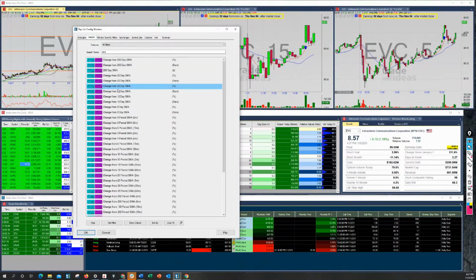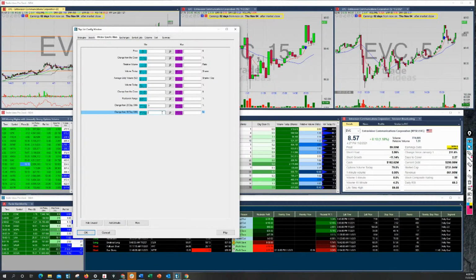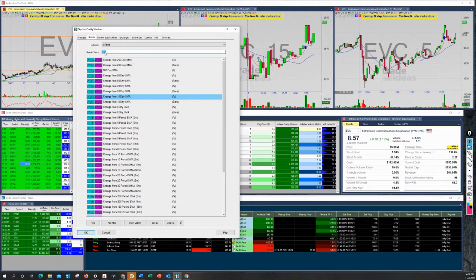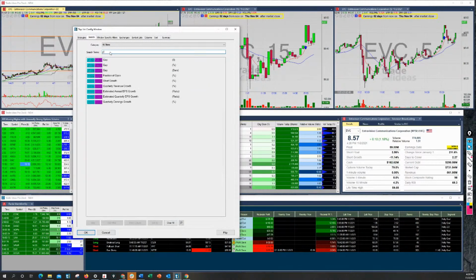All right, let's come back to search. We're still in SMAs. And so, I don't know. I'm trying to think of what, maybe a 20 SMA and a 10 SMA let's go with for now. All right, so let's add that filter. Let's placehold it with another 0 value here, just to placehold the value right now. All right, and you're talking about growth, and so what are you defining as growth? Do you want to look at this? Do you want to look at market cap? We can look at market cap.